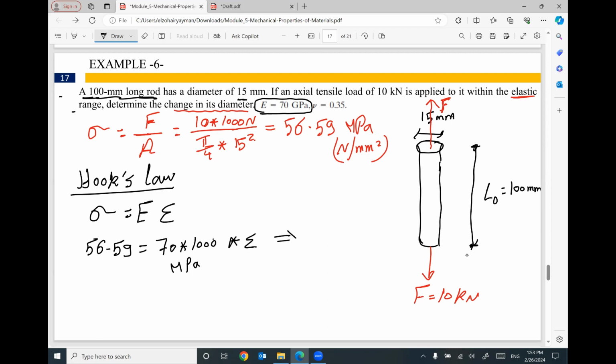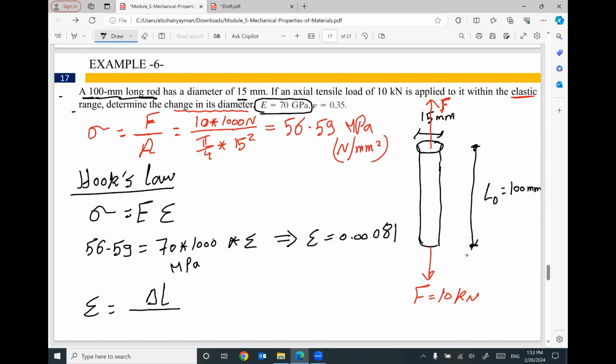From this relationship, I can figure out the strain in this rod. The strain will equal 0.00081. This strain equal the elongation that will happen in the rod divided by,